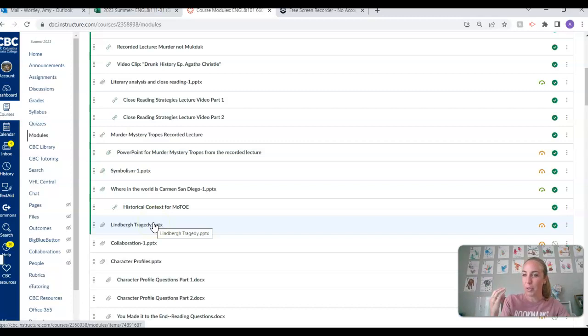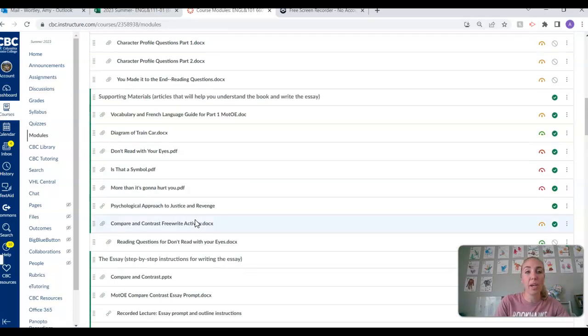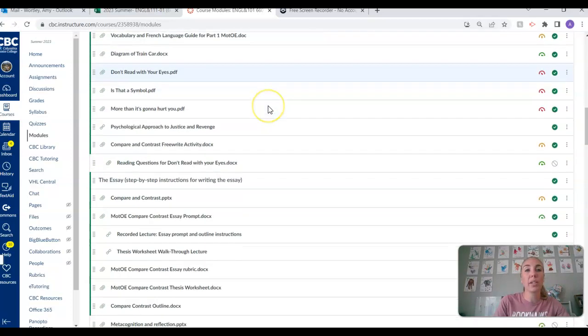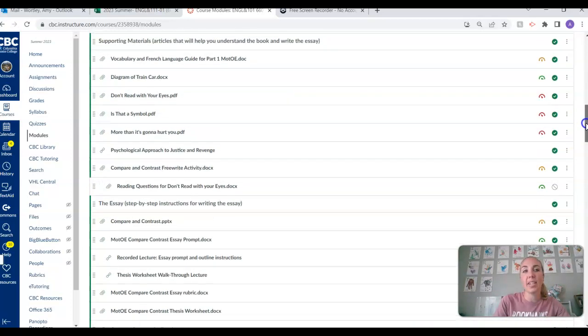So you could see how a murder mystery writer would be reading these stories and going, oh, this is interesting. So she made a more satisfactory conclusion to her book than the Lindberghs got in real life. So we've got all those great recorded lectures to help us understand the book and where it's coming from. We've got supporting materials here that are designed to help you understand the book even more.